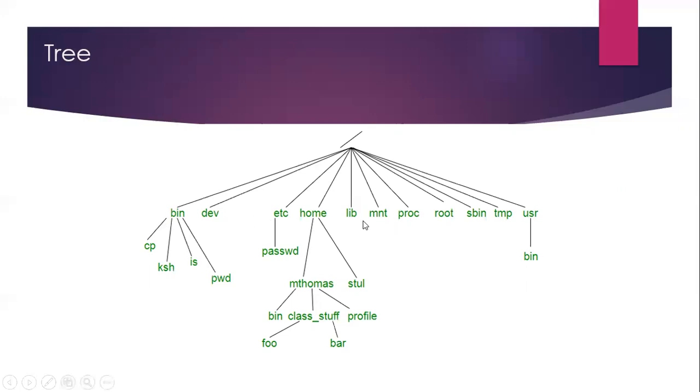The first level is nothing but the folders available inside the root directory. From those folders, I need to choose home. When I click on home, it contains these two different folders. Inside that, I'll choose this first one. Again, when I open this folder, it has three different folders: bin, class stuff, and profile. Now, out of that, suppose I select bin because I decided to save my file inside bin. So I'll just click on bin and save my file.